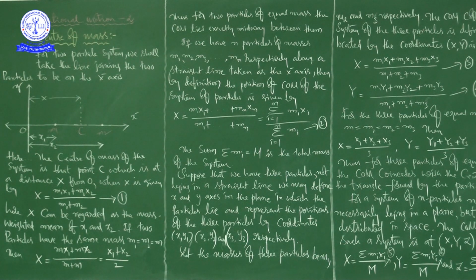There we learned what a rigid body is, what is meant by the situation of pure translational motion, what is meant by the combination of translational and rotational motion, what the axis of rotation is, what rotational motion is, and what the difference between circular motion and rotational motion is. So these are all we discussed. Now in this class our concentration is center of mass.